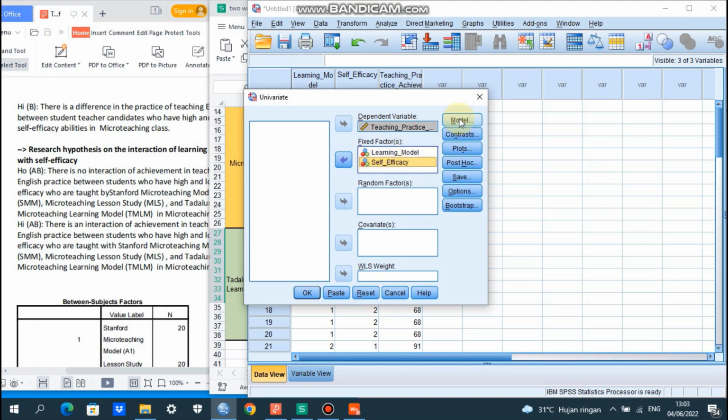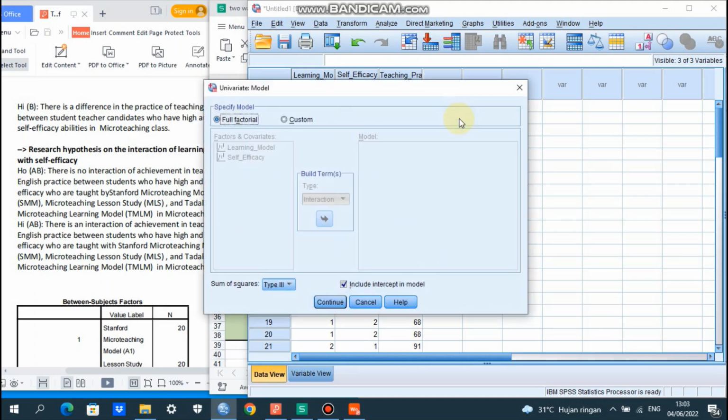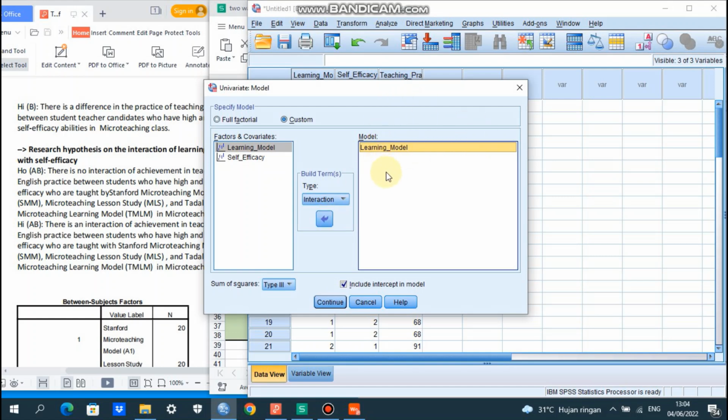Then we click Model, and we click Custom. Learning model, we click it until it is highlighted yellow, and then for the interaction, we send it to the model box on the right. We click self-efficacy until it is highlighted yellow, and send it to the box on the right.